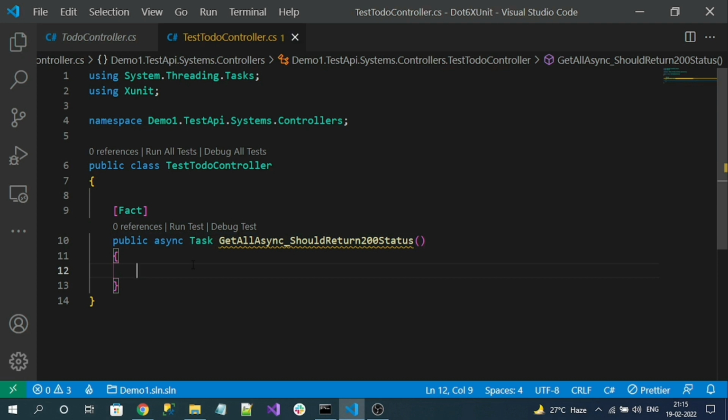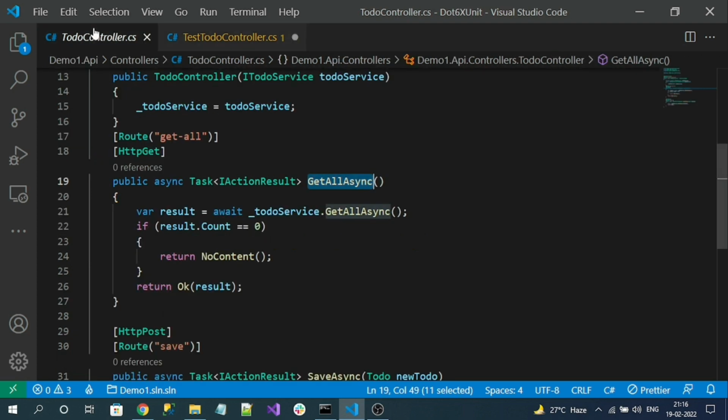I have already mentioned test cases are implemented with the AAA formula: arrange, act, assert. So arrange means nothing but declaring or mocking or preparing every ingredient before we start testing a particular method. So if you observe here in this method,